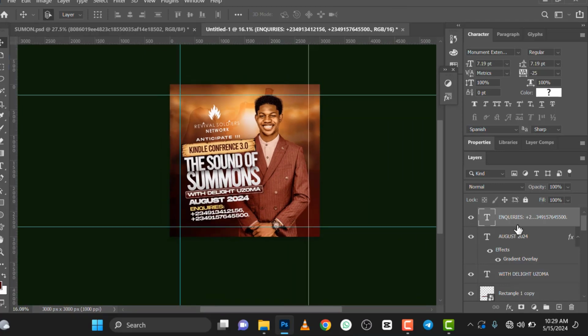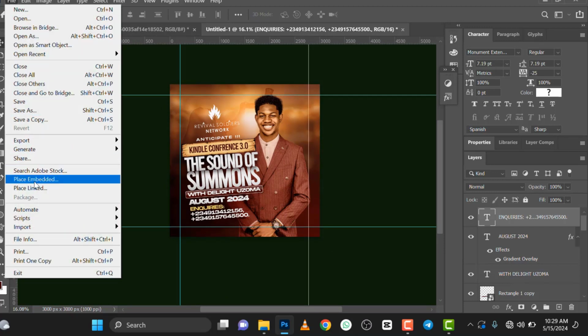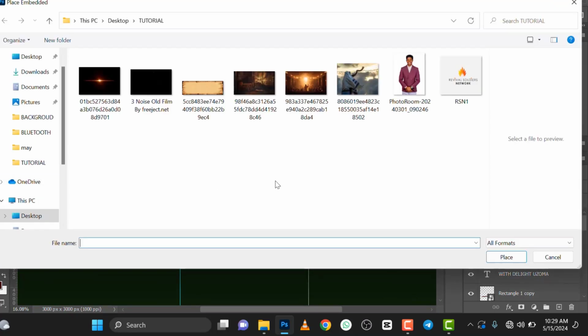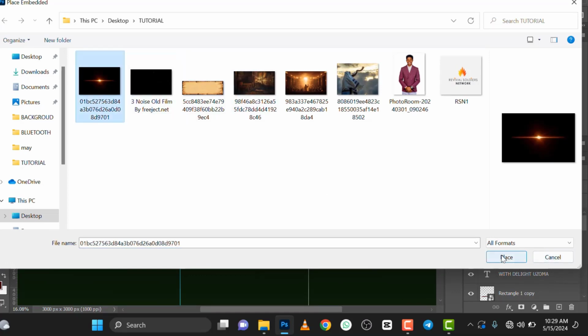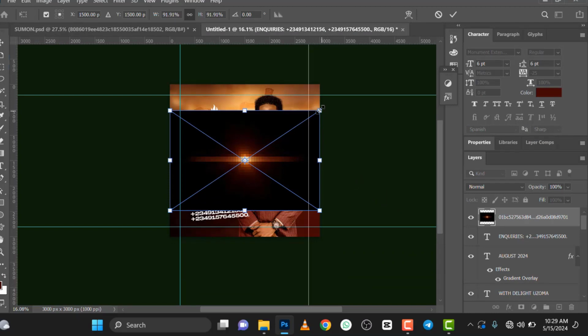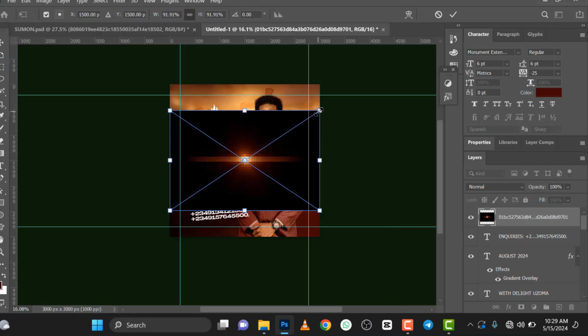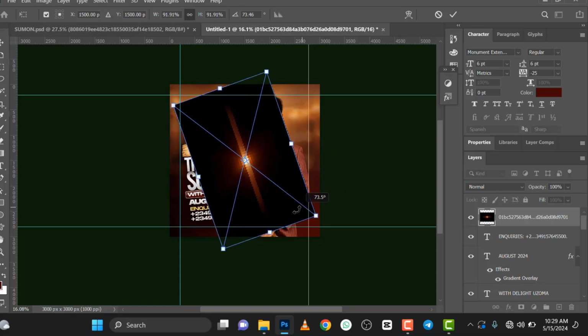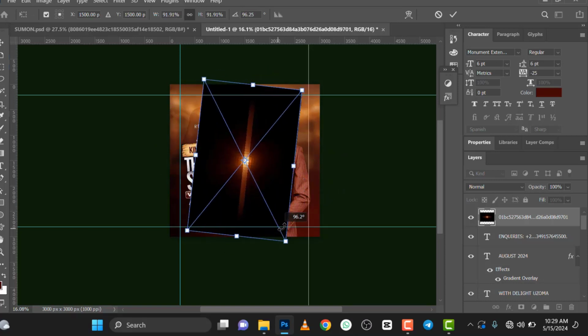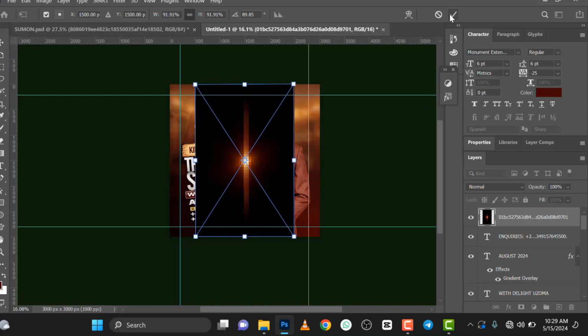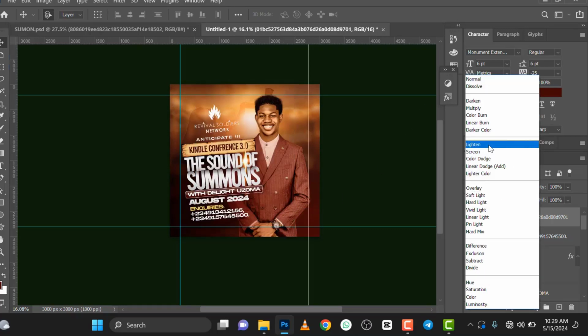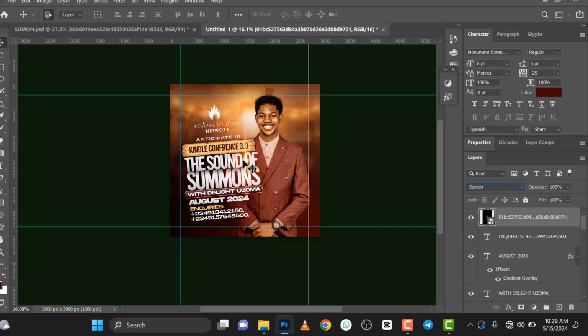Having done this, the next thing you're going to do is to start bringing in the light stuff. This is when you start bringing in the light stuff, lens flare, to fine tune, to make the stuff look beautiful, make everything look real. So after you have rotated this one, let's make it screen. From this side,